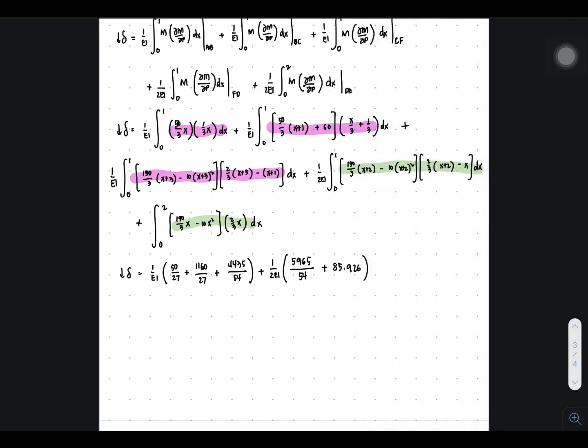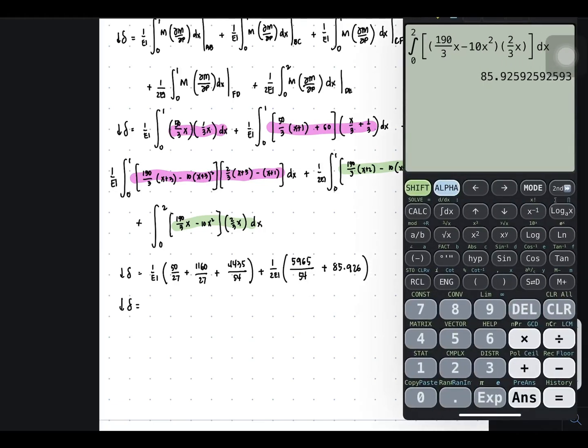Alright. So the integral is, so all we have to do now is get the sum of 50 over 27 plus 1160 over 27 plus 4435 over 54 plus,